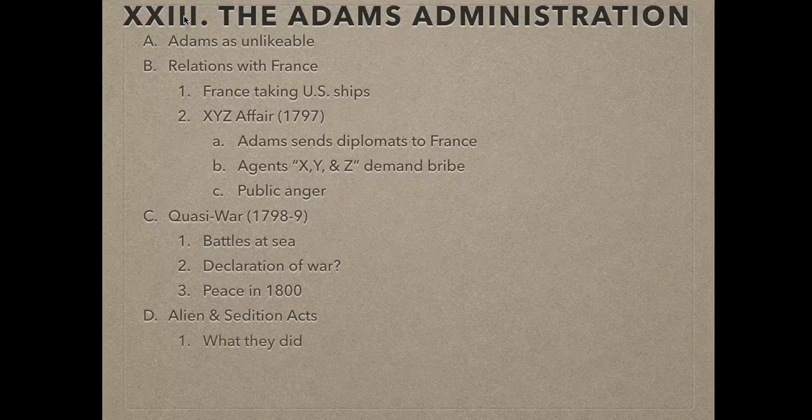Now, one thing that you want to highlight here is the Alien and Sedition Acts. In general, if you choose on your next test to respond to the essay question about the differences between the French and American revolutions, one of the things that I will ask about in that question is to briefly discuss American-French relations once the war has concluded. So you certainly want to talk about how the relationship was strained. You could give an example with the Genet affair or with the XYZ affair. You could talk about the quasi-war.